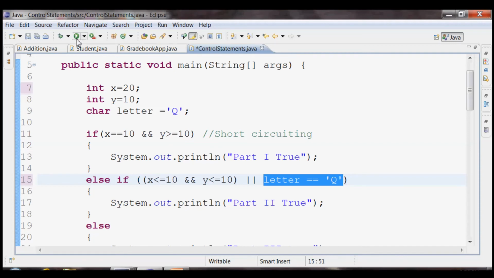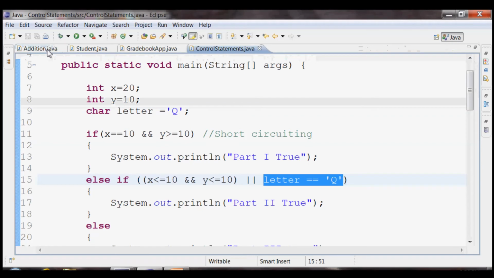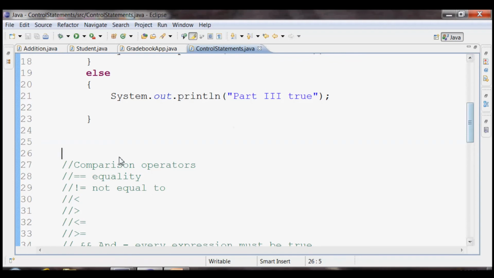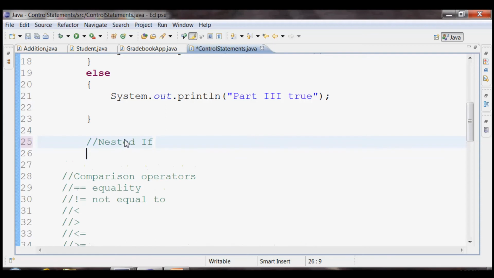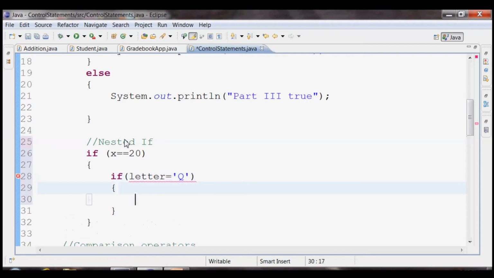All right? The other thing that I wanted to quickly show you was something called a nested if statement. In a nested if statement, you have to have multiple things to be true before the other item is even checked. So for example, if x equals 20, only if that's true do I say if letter equals Q, whoops, and I did the bad equals equals. Then I could do a system.out.println